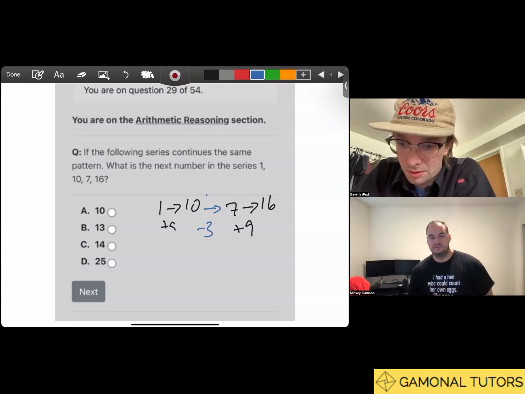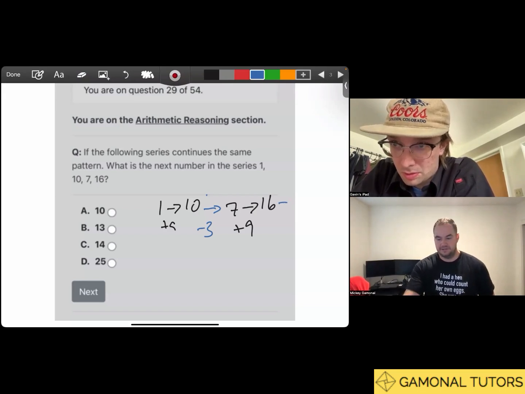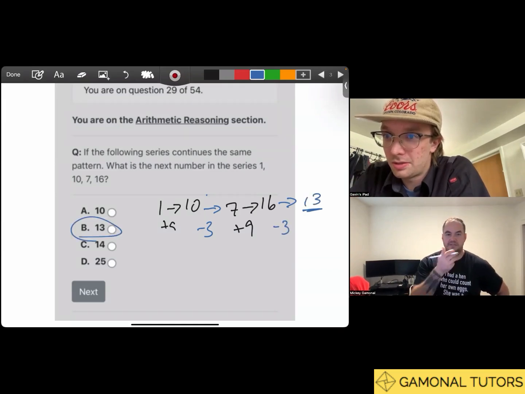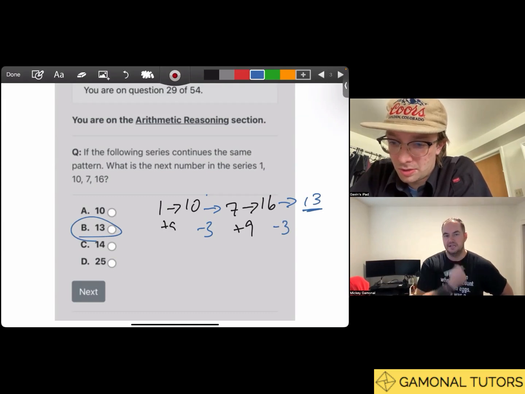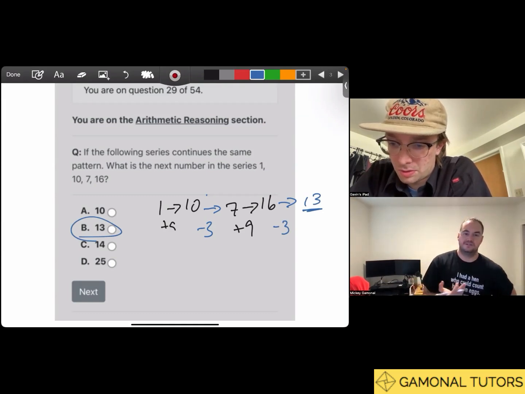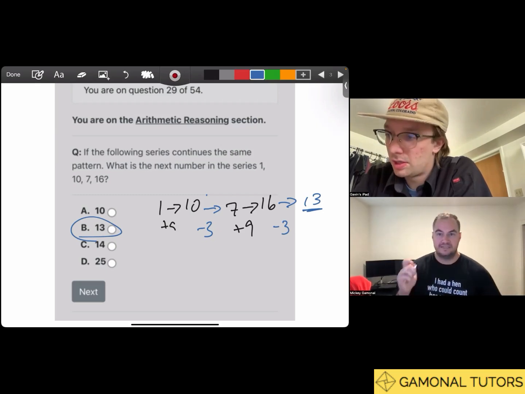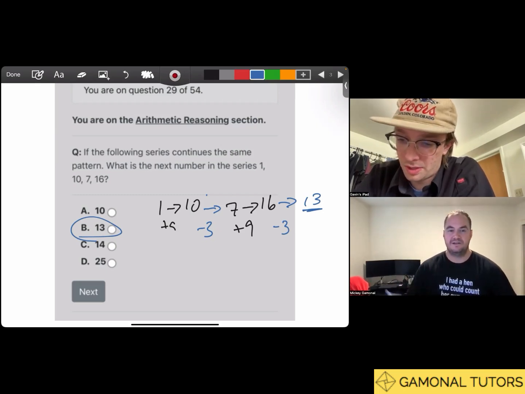So plus 9, down 3. Up 9, down 3. And so what's going to be the number here? 13. That's right. 13 is correct because we went down 3. And I think you said 13 earlier. You got the right answer. So trust that intuition for sure. But showing it is key, right? Once you can show it and explain it to yourself and others, you have a better chance at all the